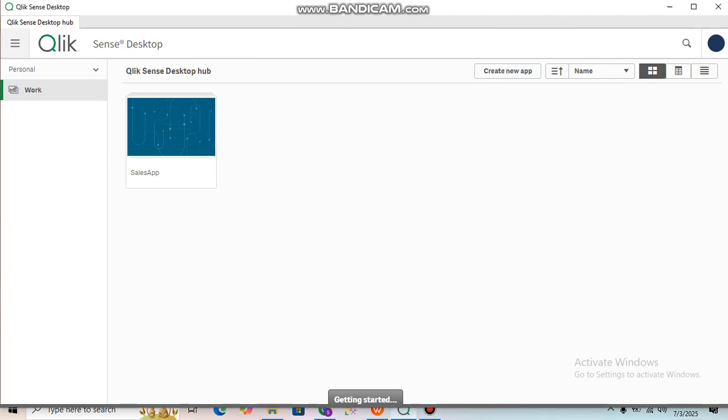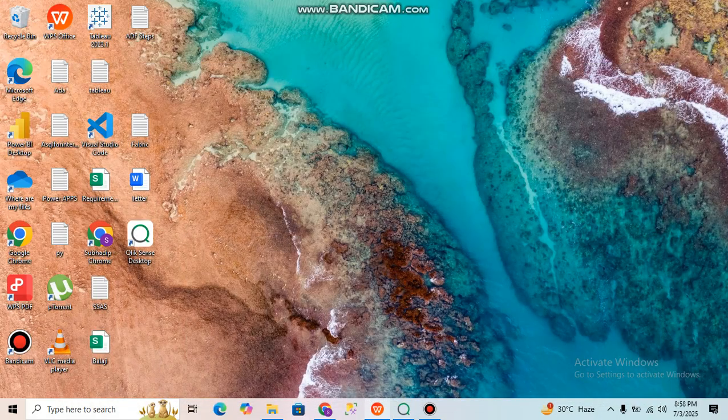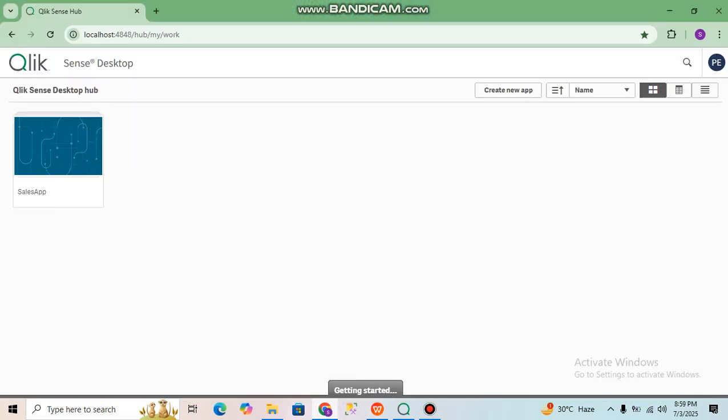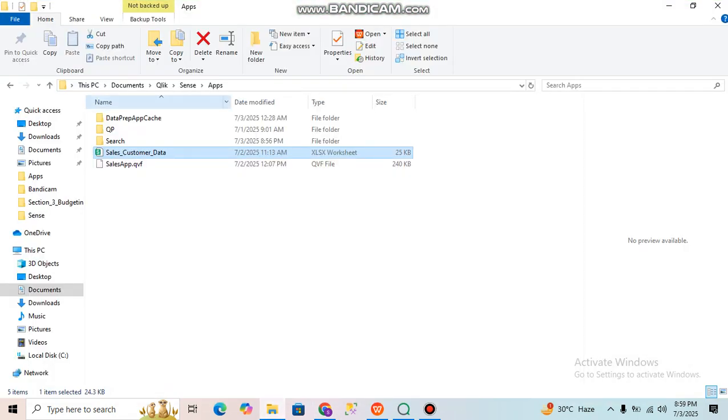So in this tutorial we will talk about how to create a pivot table in Qlik Sense. Here you can see this is my desktop version, and this is my web version. So in my documents, Qlik Sense and apps, in apps I put a sales customer data worksheet. So here you can see